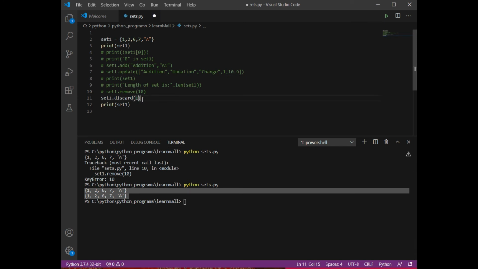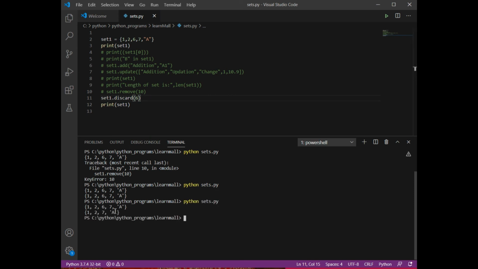And if I give some value which is a part of my set, then it is going to remove that. Okay, in that case both are behaving the same. But remove is going to give me the error if that element is not existing, and discard will not give me that error. Okay. You can also use the pop function, because in case of pop you are not going to specify the index. Pop is going to delete the last element of your set. So you can also use pop instead of remove and discard.